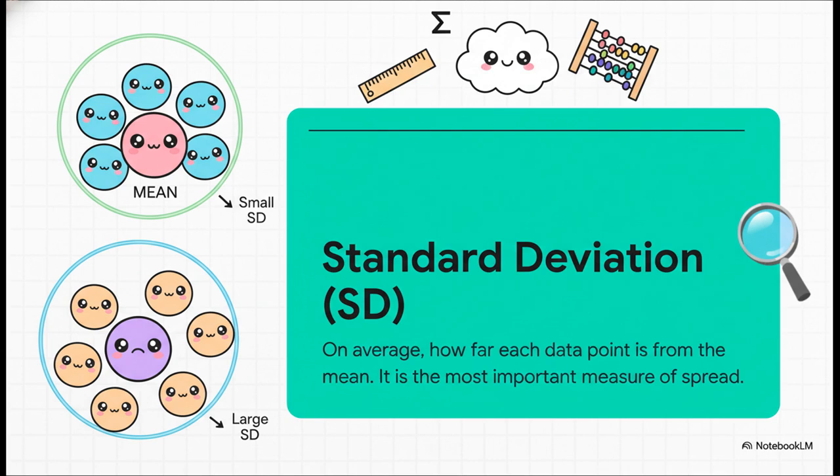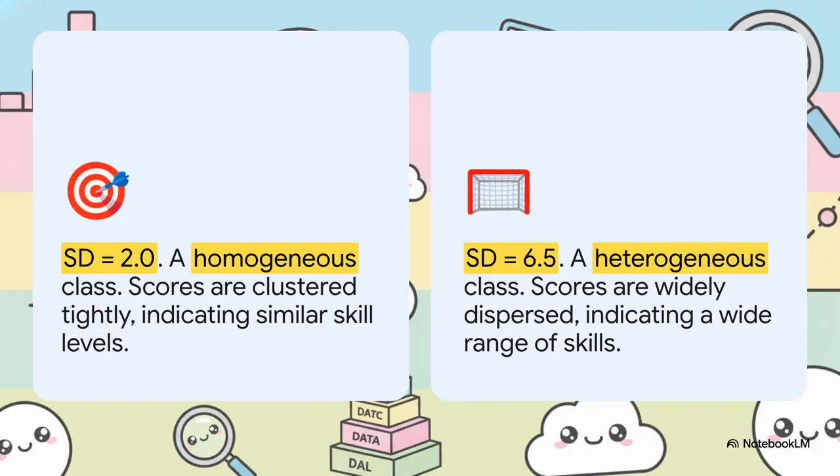So a small SD means everything is consistent, nice and tight. A large SD, it means your data is all over the place. Let's make this super concrete. Imagine you have 2 classes, and they both have the exact same average test score. Sounds similar, right? But wait,